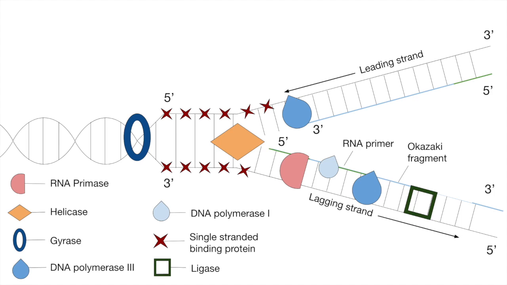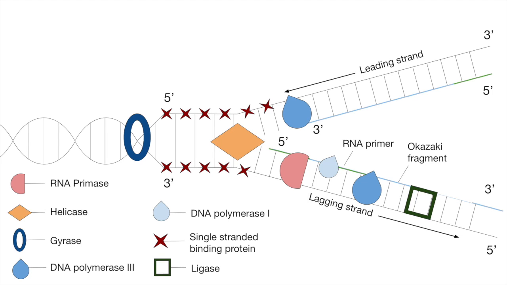On the left, we see the 5' end of the leading strand, the strand on top, with the 3' end on the right. The leading strand will always be the strand that runs in the 3' to 5' direction in relation to the direction of replication, as the DNA polymerase III is able to bind to the 3' end and